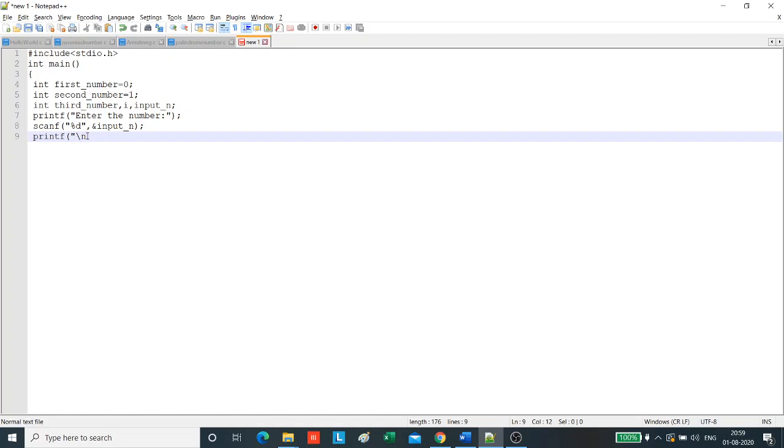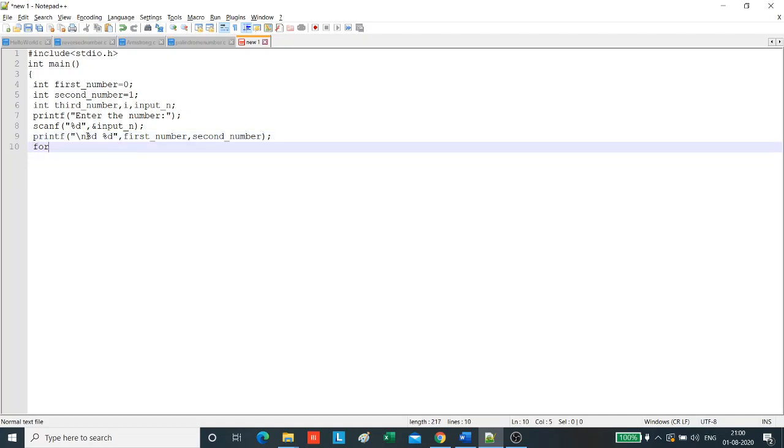So that is the symbol for new line. %d, first_number, comma, second_number. So this will print the first two numbers 0 and 1.